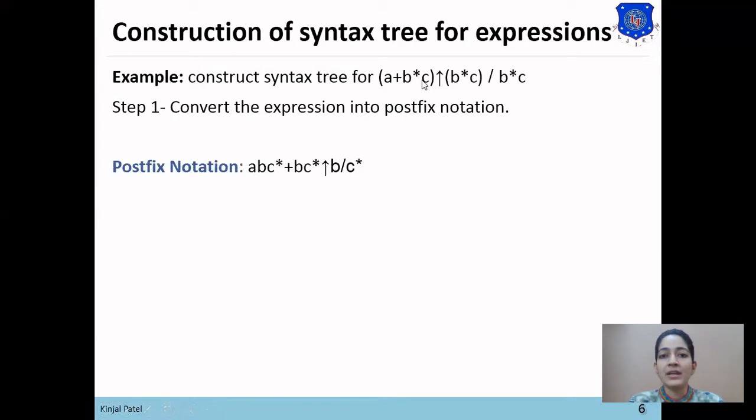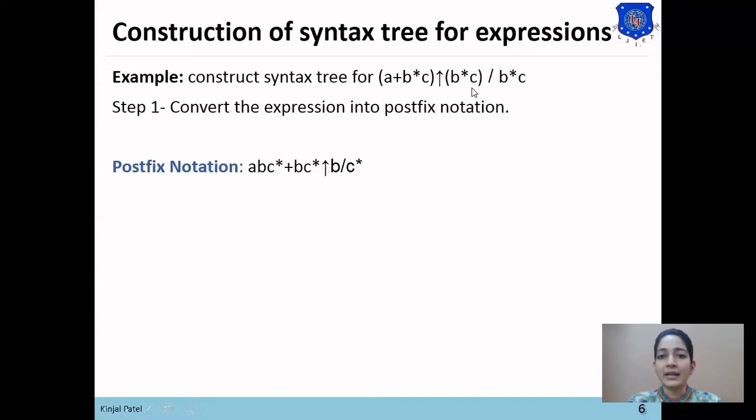Here it is a + b * c. In braces there are two operators, plus and star. As star has higher precedence than plus, first the star operation is computed. Two operands and then the operator are arranged, so b * c is converted into bc*. Then the plus operation is computed: a bc* +. So the postfix notation of the first braces is abc*+.